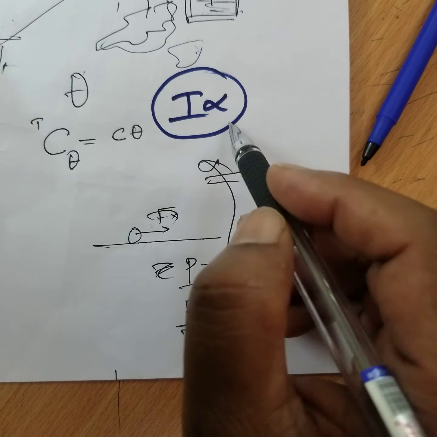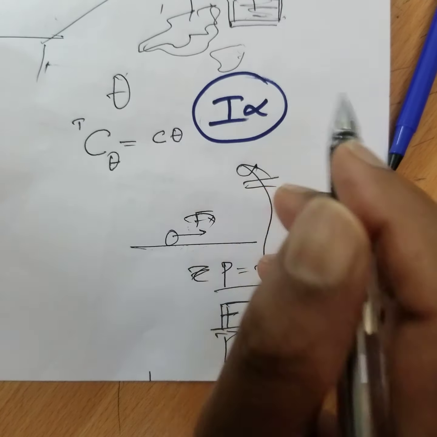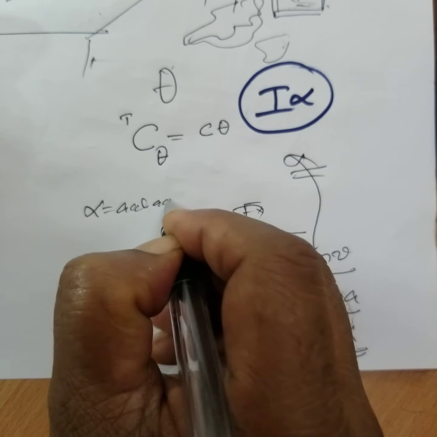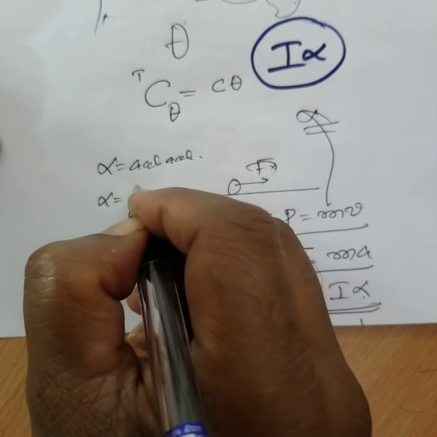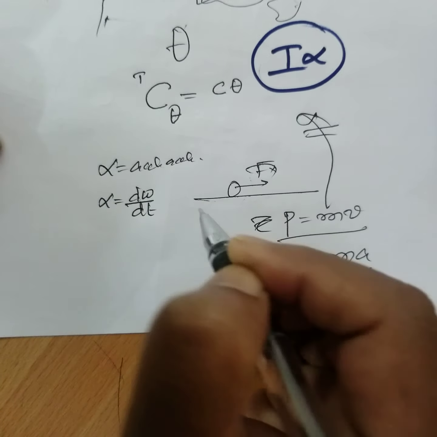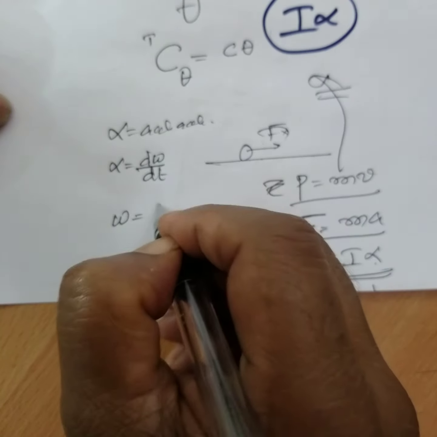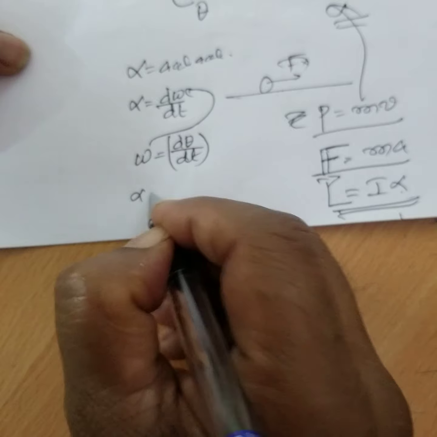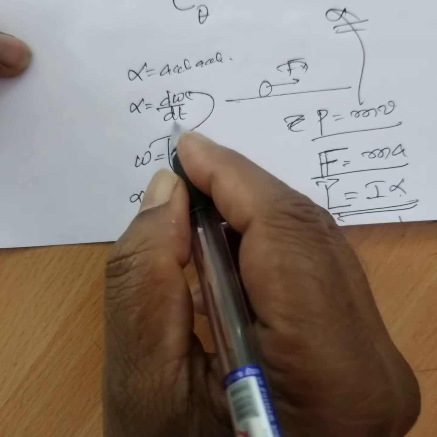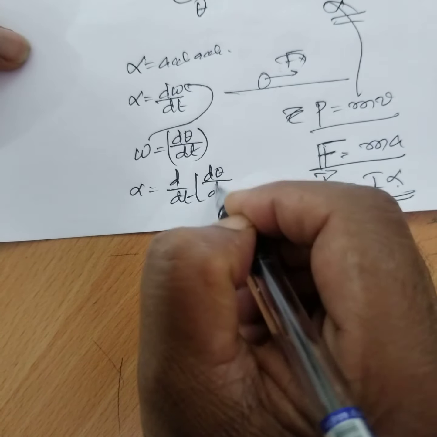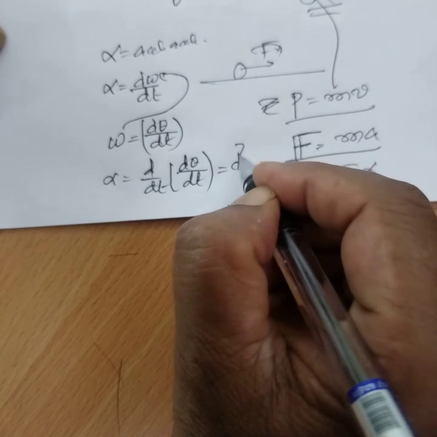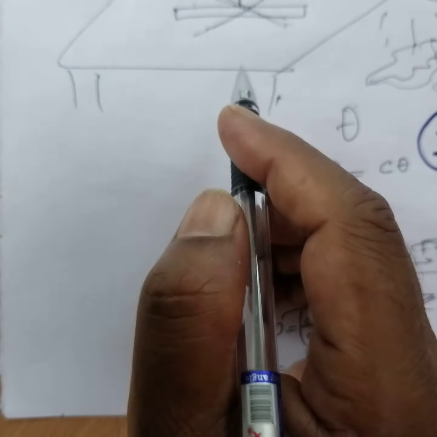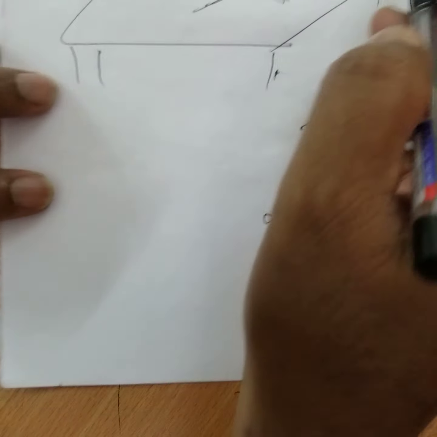Madam KCR will be doing this particular topic. I don't want to go into detail on that. Therefore, alpha is equal to angular acceleration. Alpha is equal to d omega by dt. What is omega? Angular velocity, that is d theta by dt. You substitute here. Alpha is equal to d by dt of d theta by dt. All these things were done in that class. D square theta by dt square. But in the examination for this, you write exactly the notes.